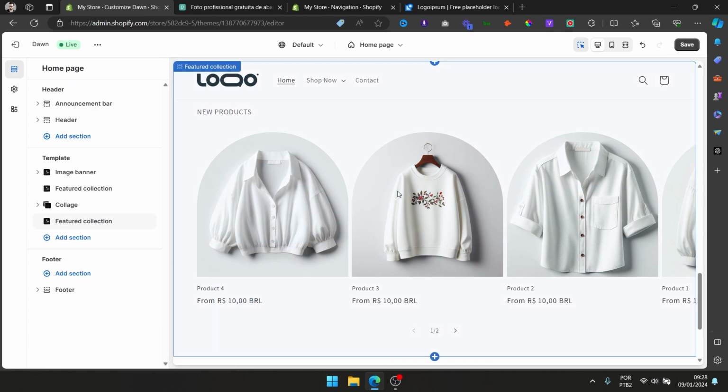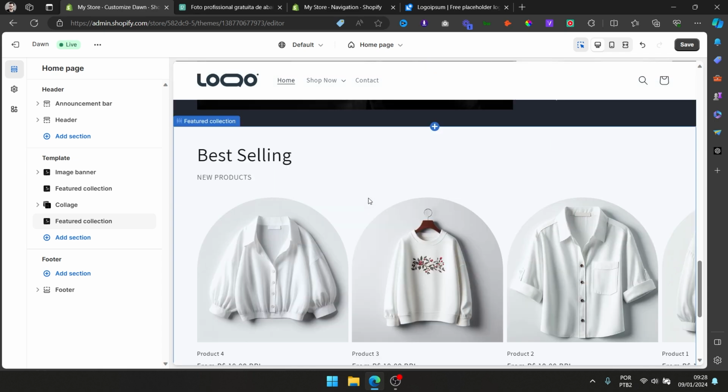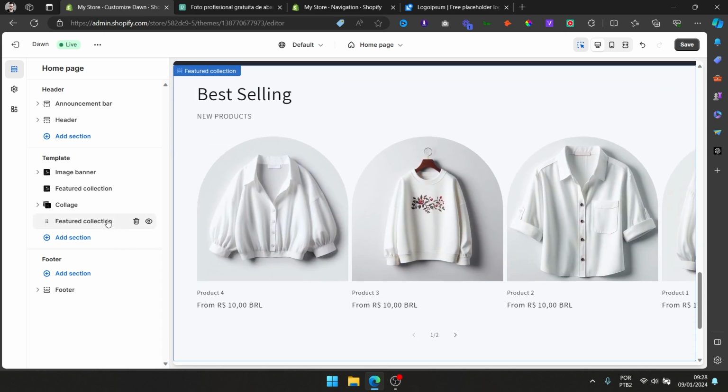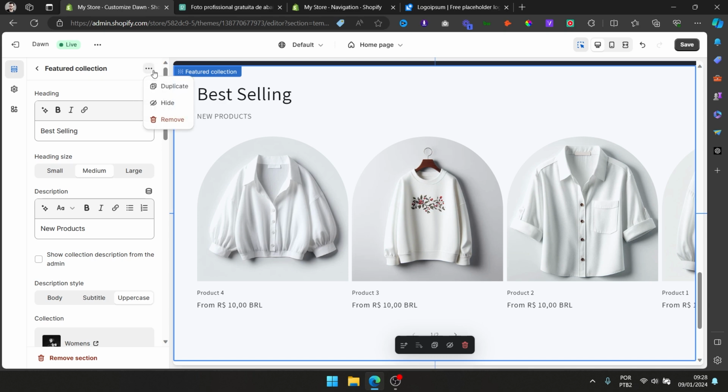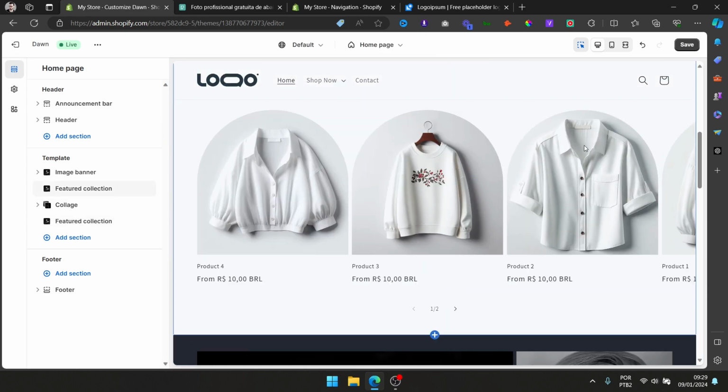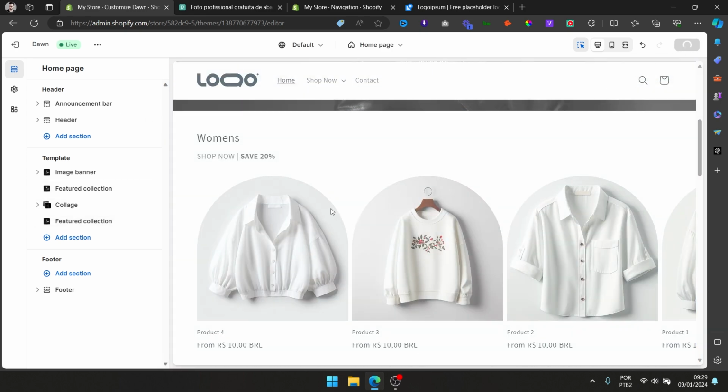So right here, you saw that I needed to change everything regarding the customization from the product cards. And if you don't want to do that, you just click here on the featured collection, click on those 3 dots and duplicate the section, and then you can change just the collection and it will be a lot easier to do. So let's hit save again, and now I've